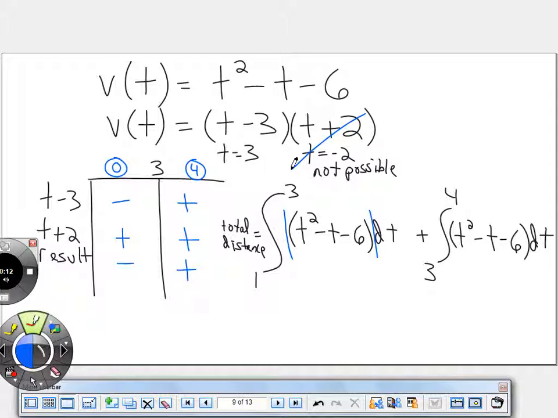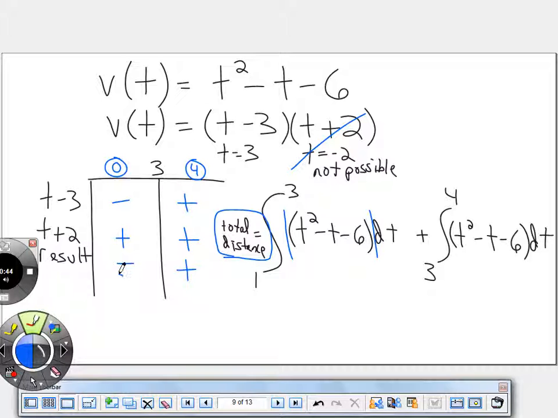So if you're going from 1 to 4 and you want to find total distance, then, well, let me back up. If you're doing displacement, then you could just do 1 to 4 and you're fine. You just would do the antiderivative of this function, and whatever you get for your integral, that's the displacement, so that would work. But total distance is the one that's a little tricky without a calculator. So you split up your integrals from 1 to 3, and if you do 1 to 3, you just have to make sure again that you put absolute value bars on your function,